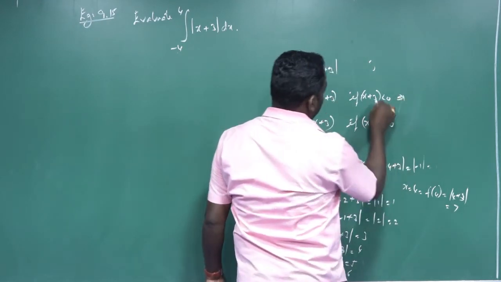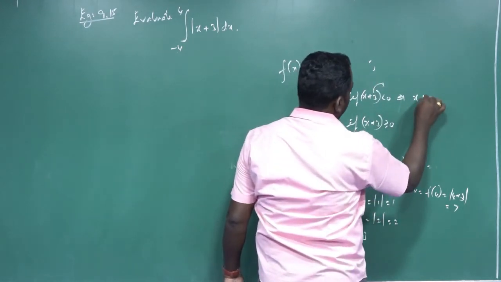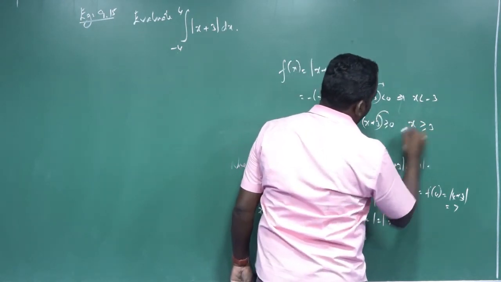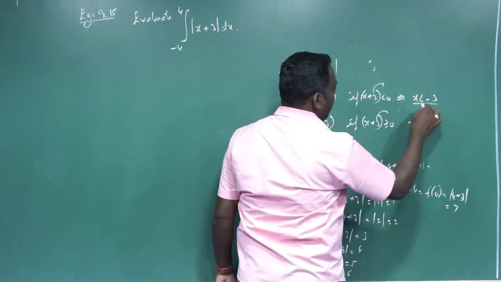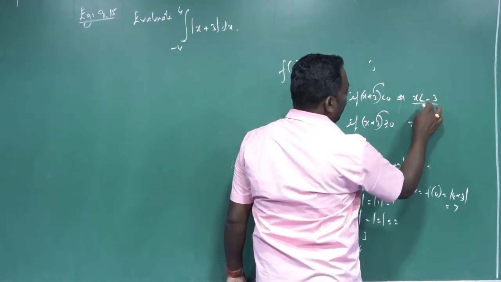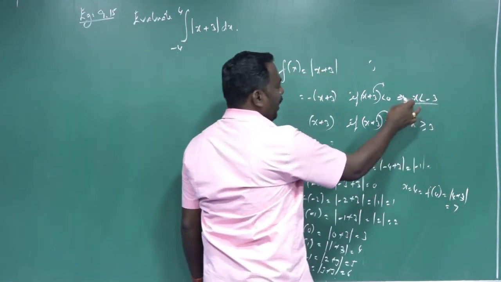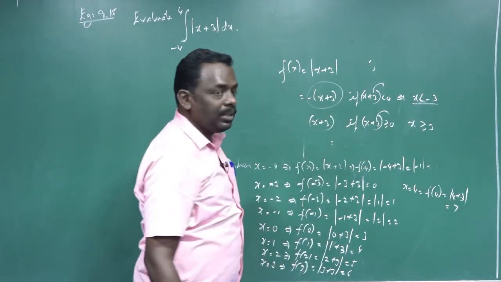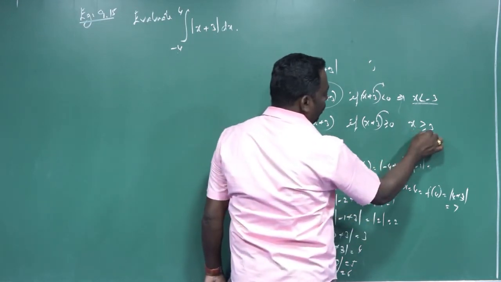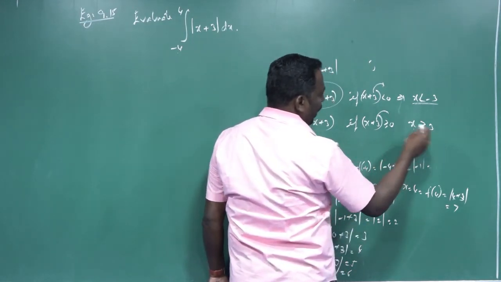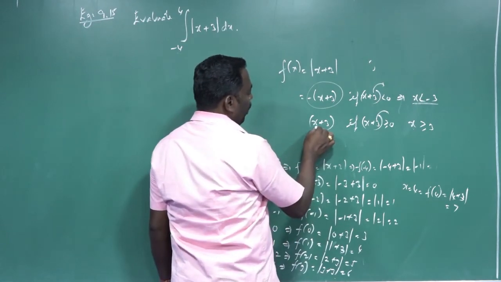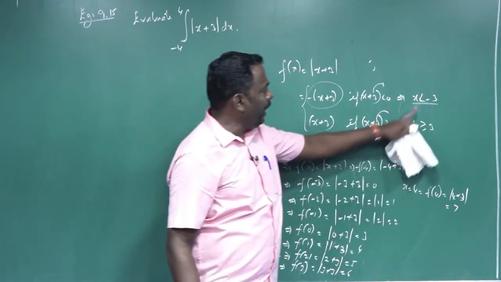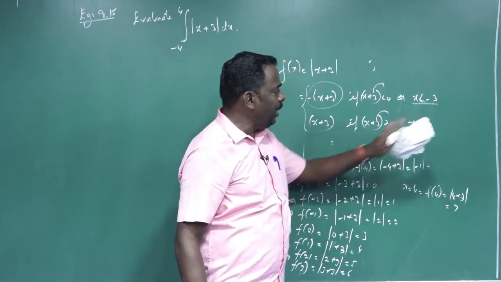that implies, transferring the 3 aside, x is less than minus 3, and x is greater than or equal to minus 3. If x is less than minus 3, the values are minus 4, minus 5, minus 6, etc. For all these values, the function value is equal to minus of x plus 3. If x is greater than or equal to minus 3, x takes the values minus 3, 4, 5, etc. For those values, the function value is equal to x plus 3. And this is the modulus of x plus 3, which depends upon the value of x: less than minus 3, or greater than or equal to minus 3.